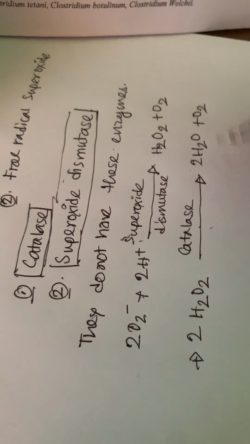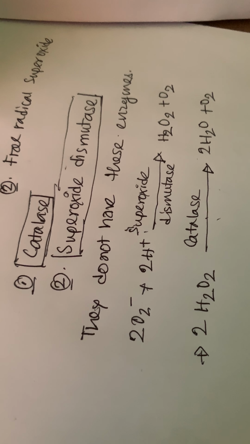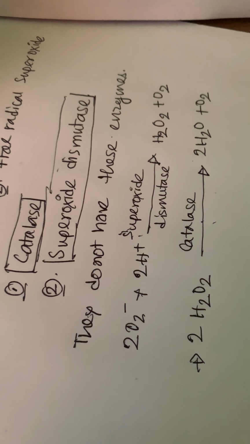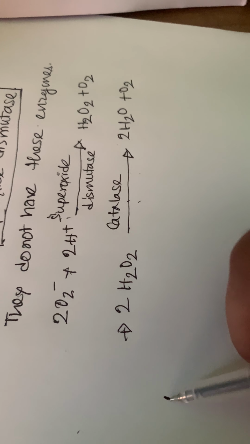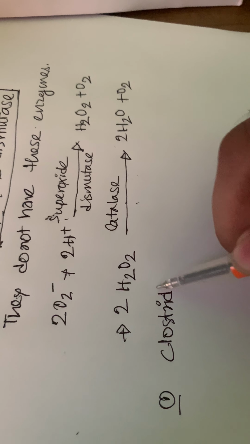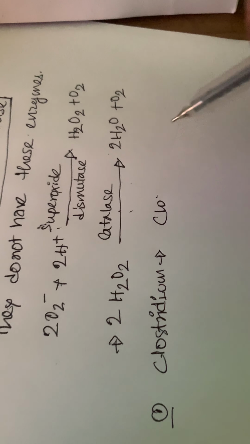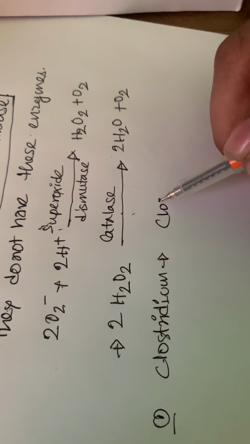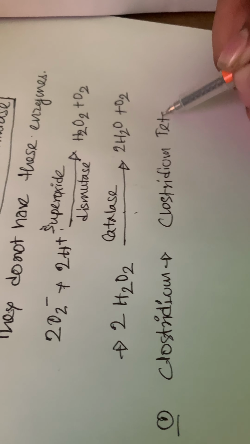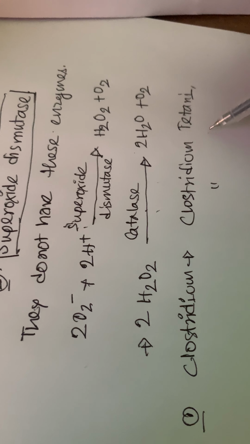So there are some bacteria who cannot grow in the presence of oxygen, and they're called obligate anaerobes, meaning strict anaerobes. So what are those bacteria? Let's say Clostridium tetani, Clostridium botulinum,